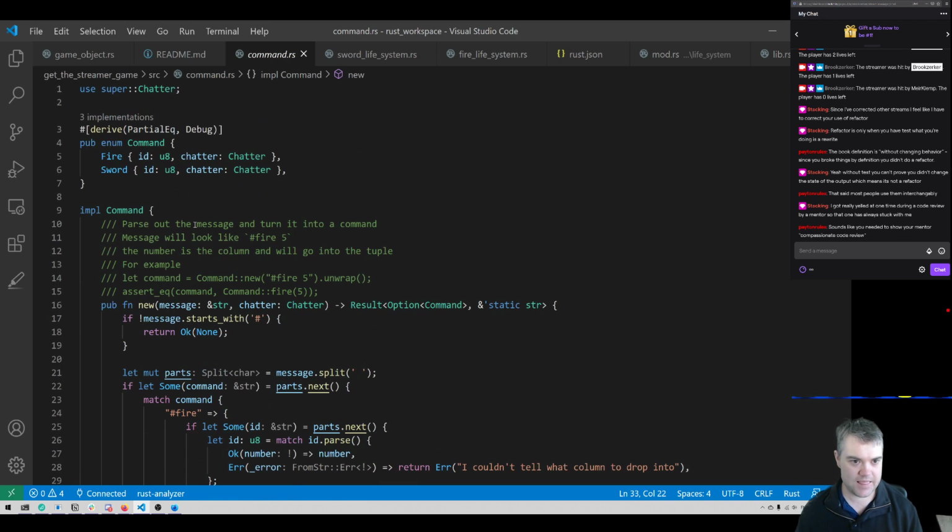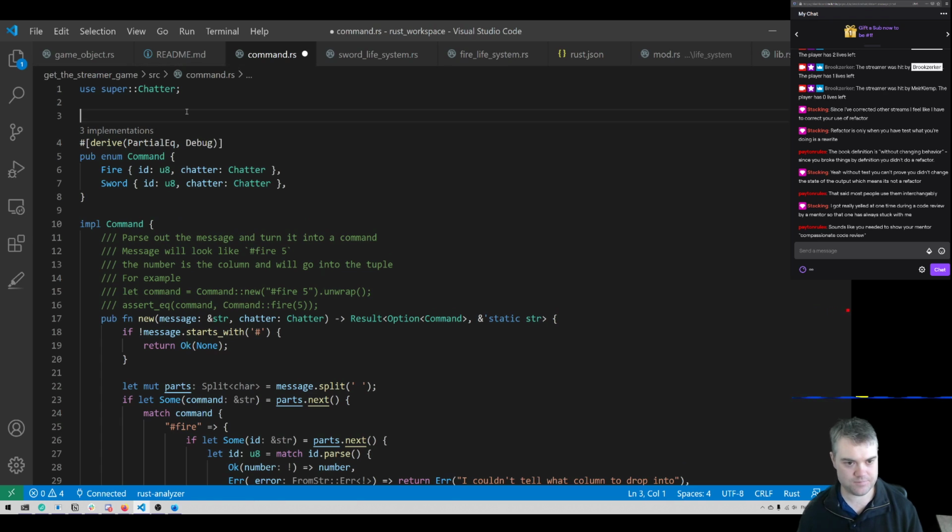So I think this is what I want to do. I want to change this so that we have an actual struct for this. Now it's still fine. So when I implement command,